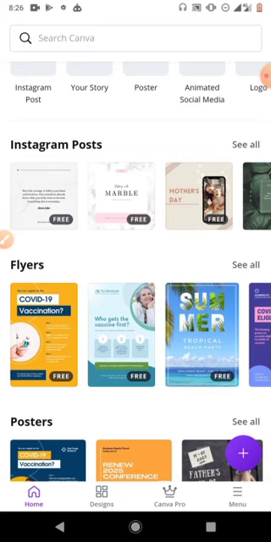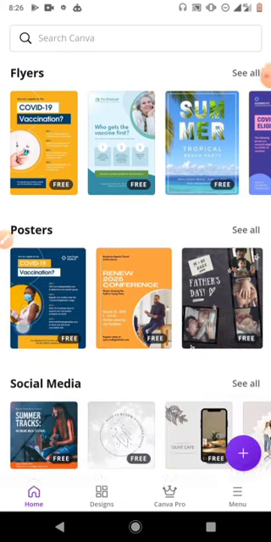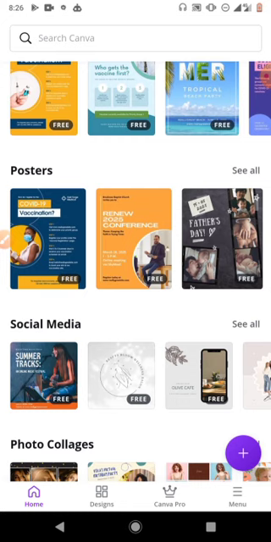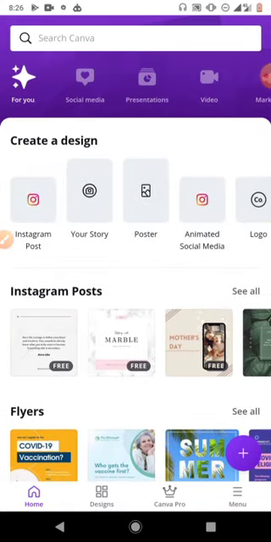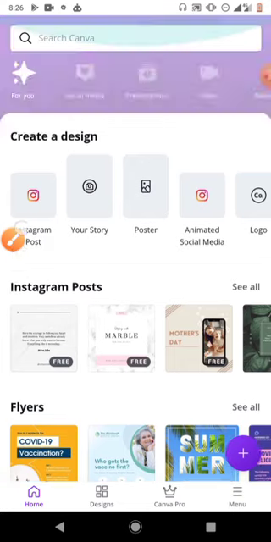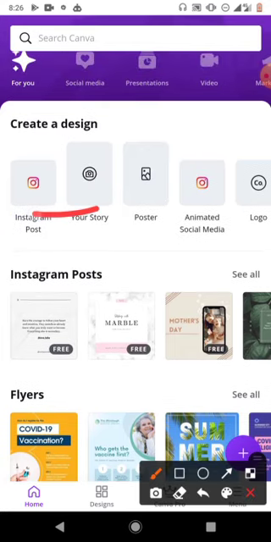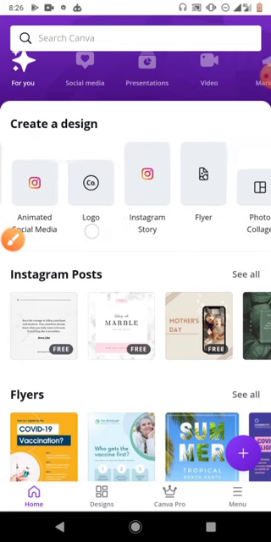Simply, you have all the templates. You have thousands of templates that you can select from. All you have to do is to pick the one you like, edit it to your taste, and then you have what you are looking for. As you can see here, if you want to design Instagram posts, you have them here. If you want to add to your story, poster, animated social media, if you want to design a logo,